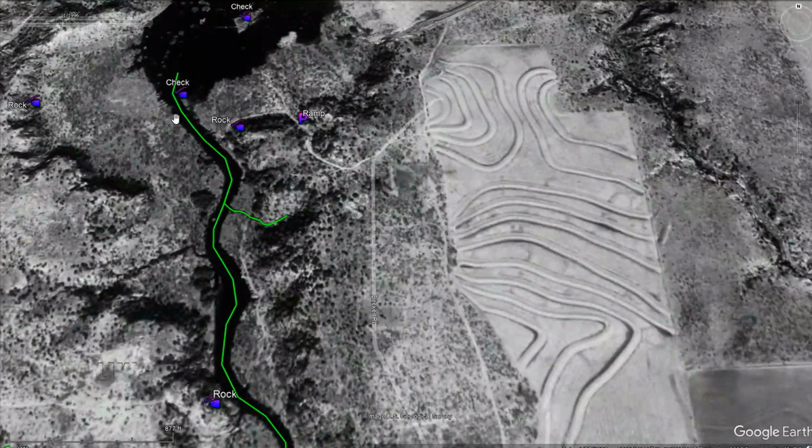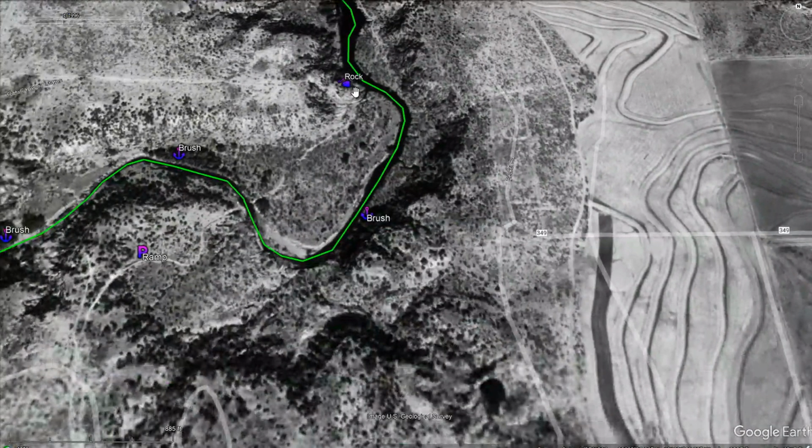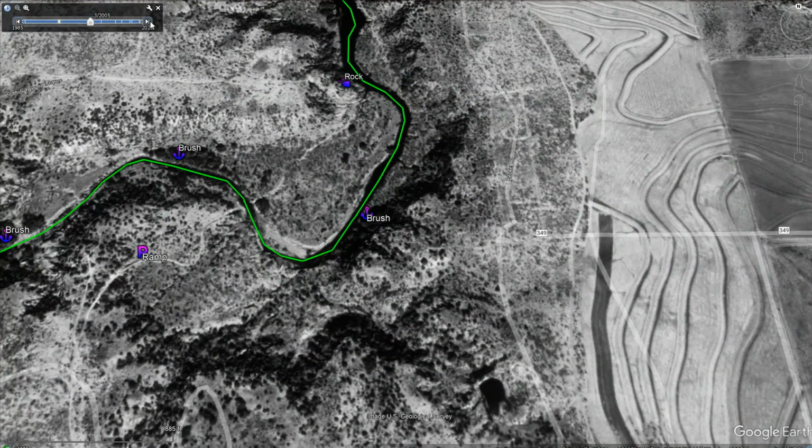So let's move back here, follow this little creek channel back. I've got it all marked. Now you can kind of tell in this image there's some rock there. You can start to see some of that brush, some more brush there, some more brush there. But let's draw this up